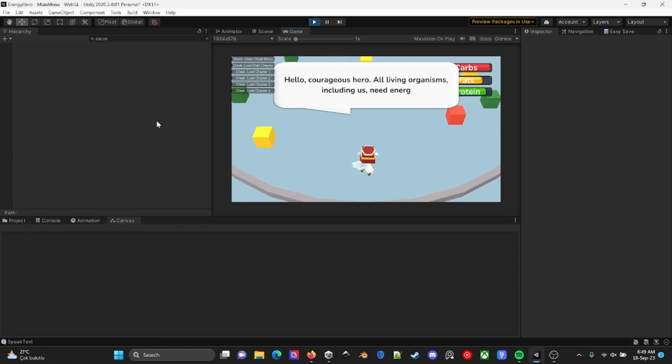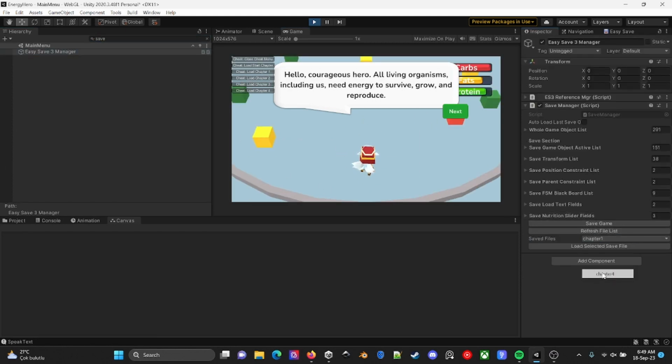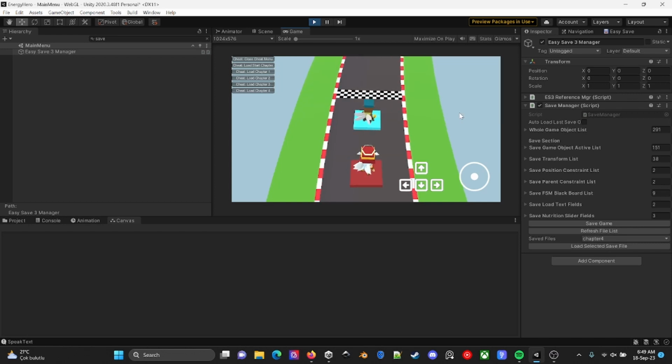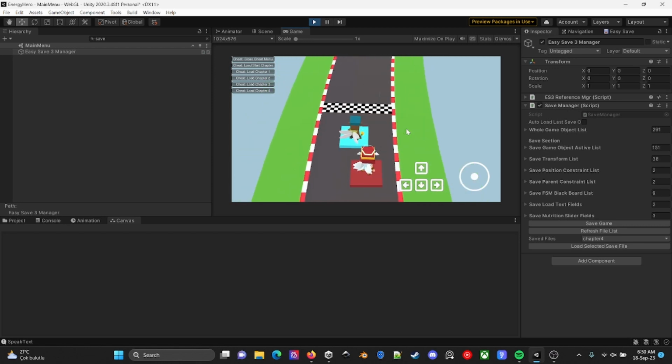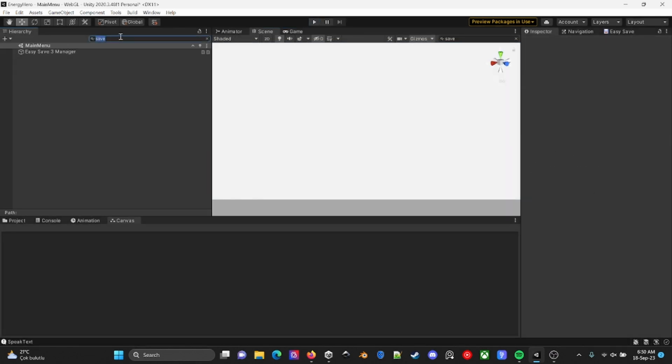Go to my start a new game, go to my save manager, let's go to chapter 4, and when I press next, I added a start button here, and my character still does not start the race. When I press start in here, both the opponents and my character should start moving, but something is wrong in here.